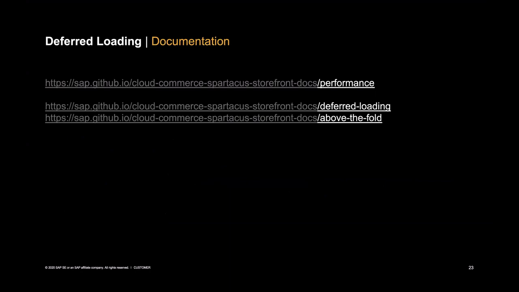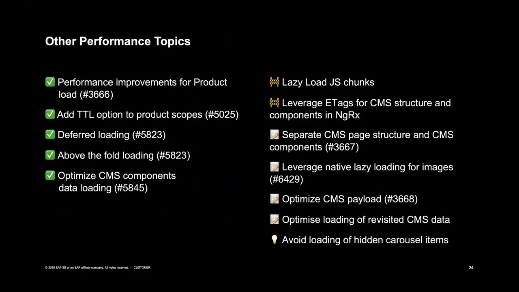Sparta-Town. And let's see, a time check. I think I have a few more minutes, so maybe I'll just give you an update on where we are with several performance topics. So as you can see, we added a whole bunch of performance topics. And why I'm showing you this, I just want to make you aware that above default loading and deferred loading is part of a bigger story. So at the moment, we're still loading the full page structure for every page, which means that even though we apply deferred loading or above default loading patterns, we will still load initially the full page structure.